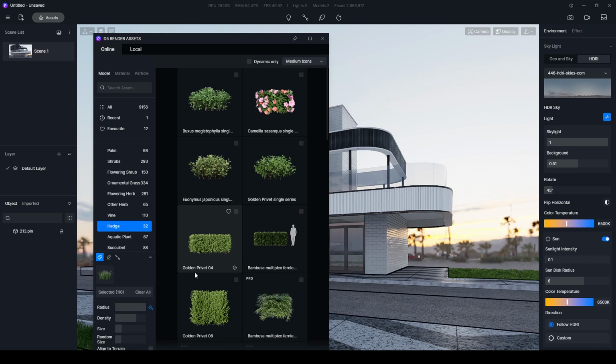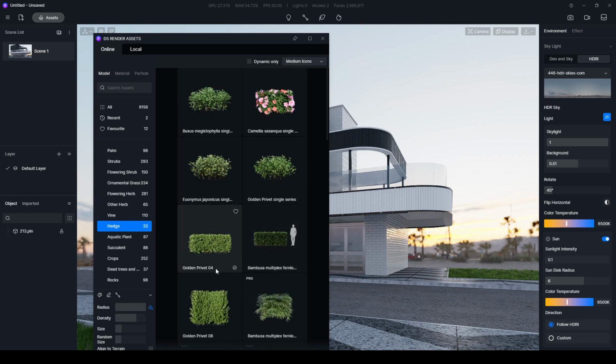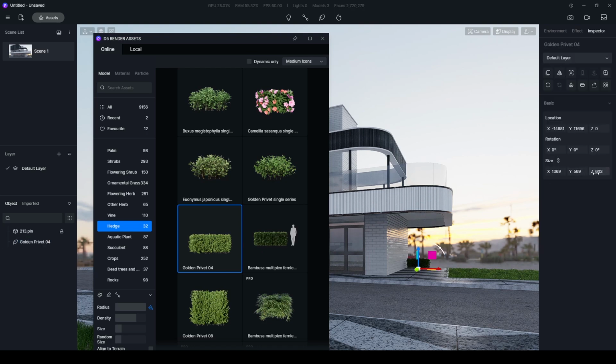Therefore, I'm going to use golden privet, but I'm not going to use the brush. I will directly place it, but once I've placed it, I'm gonna increase the size 1 meter and 10 centimeters and duplicate.